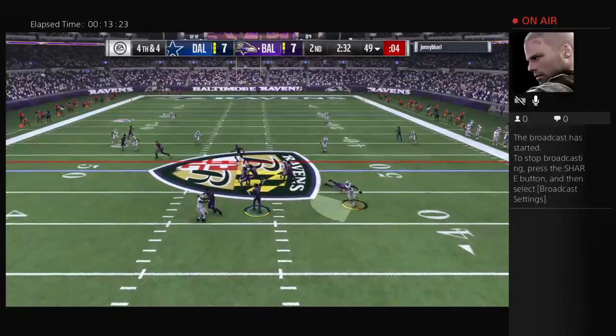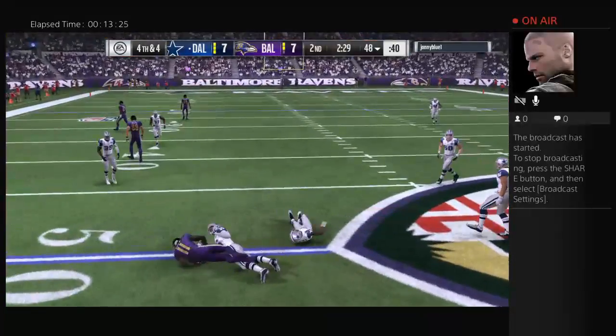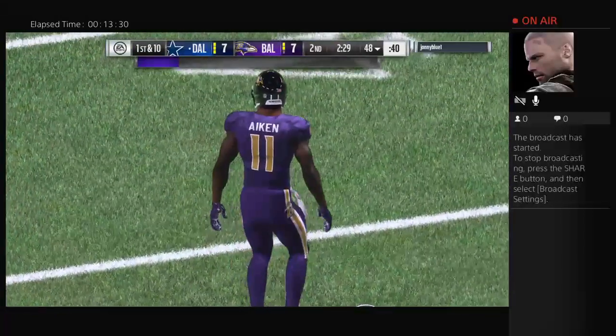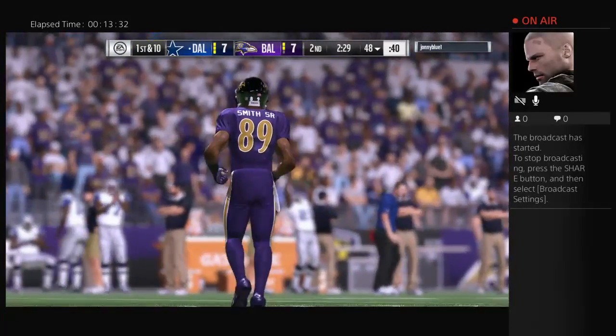They do snap it. Flacco now. And Aiken with it over the middle. So certainly an interesting call there to go for it. And that will force a turnover on downs. And now Dallas